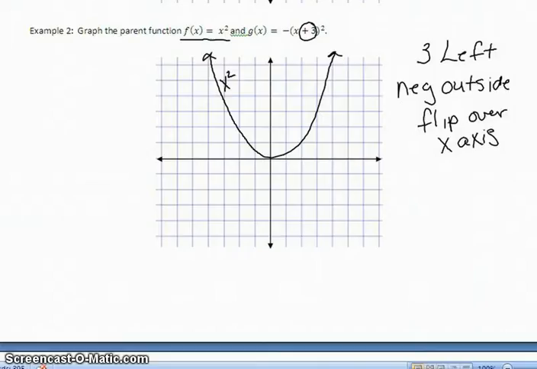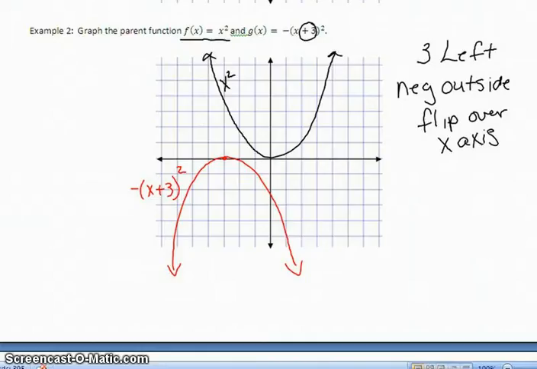Getting my starting point for my parabola, I'm going to move 3 to the left. I don't have to move up or down, but then I flip it. Instead of going up, I'm going to go down because it flips over that x-axis, and this is minus x plus 3 squared. Hope you did well with that. We have a couple more samples to try